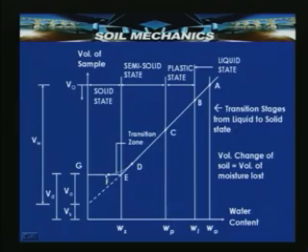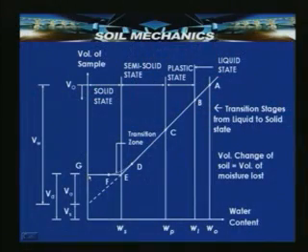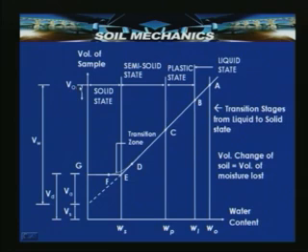Even upon further drying, even if you keep it in the oven, the soil mass will not reduce further in volume, because the particles have been pulled so close that there will not be any further reduction in the void ratio. At different levels, for example at A, this represents the initial volume, and this represents the volume of the soil mass at point B, and the corresponding point represents the water content for this state. Here this curve is supposed to be inclined at 45 degrees,